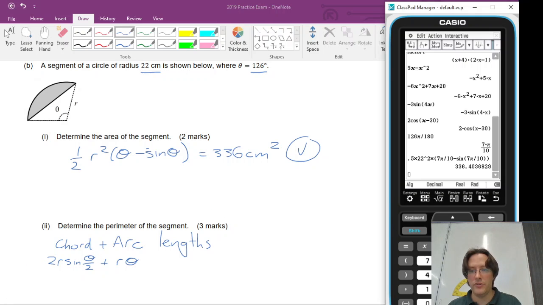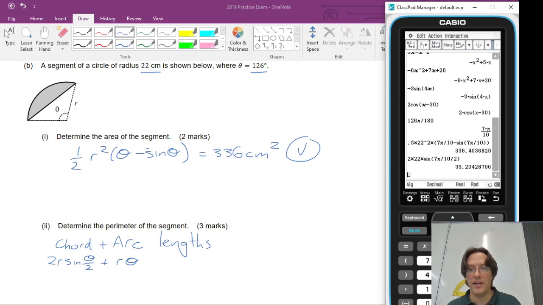So we know what these are: 2 times 22 times sine of 7 pi on 10 divided by 2. Easy to forget that. In fact, I'm going to get that number, 39.2. Then it's just going to be 7 pi divided by 10 times 22